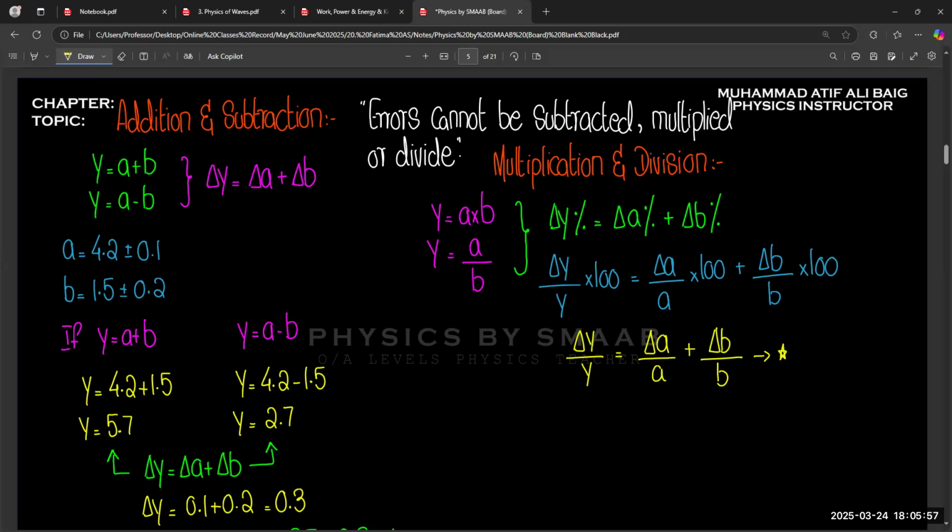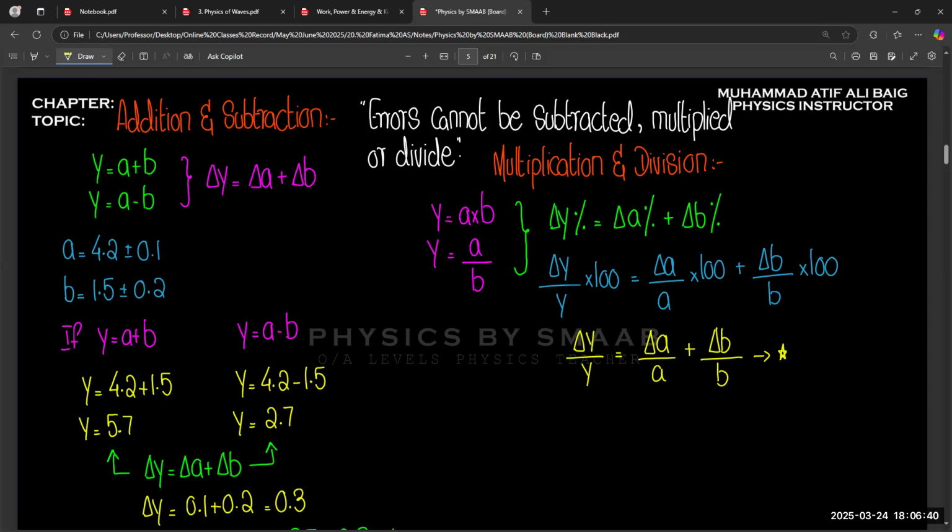So if two quantities are multiplying with each other, we multiply their true values. And if two quantities are in a ratio, dividing with each other, we divide them using true values. And for the uncertainty, we have to find their percentage uncertainty. Sometimes they ask about absolute uncertainty, and sometimes they ask about percentage uncertainty. If they ask about percentage uncertainty, we use the percentage sign. And if they do not ask about percentage uncertainty, we calculate uncertainty without the percentage sign. Okay.